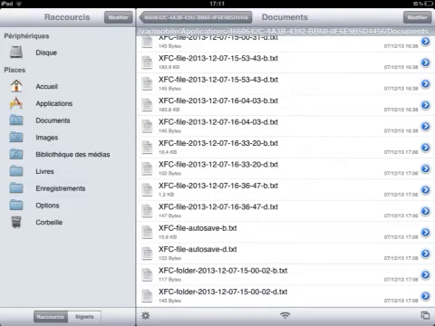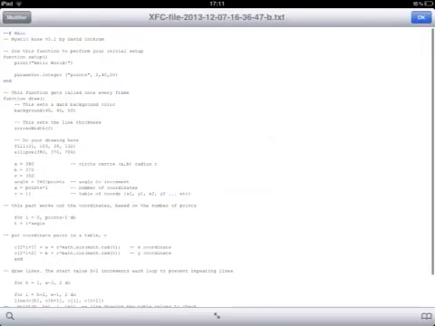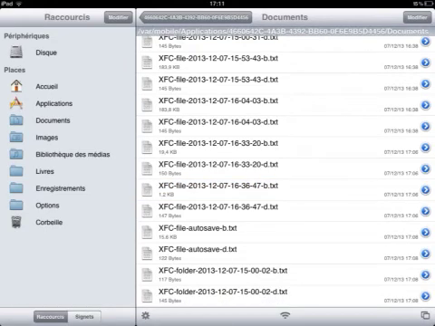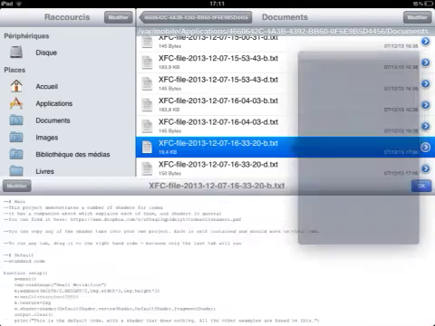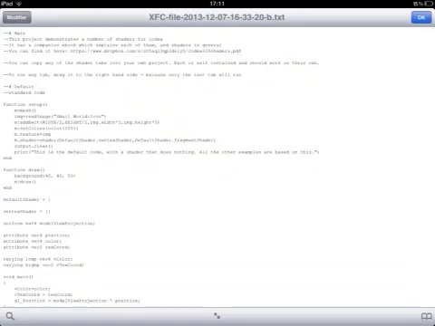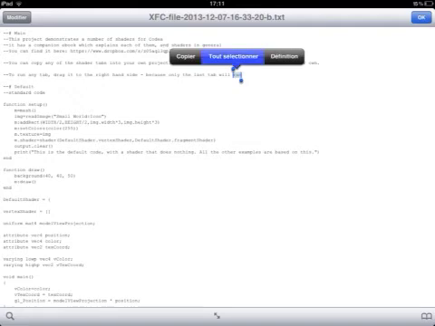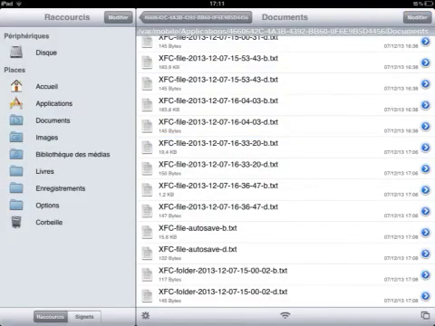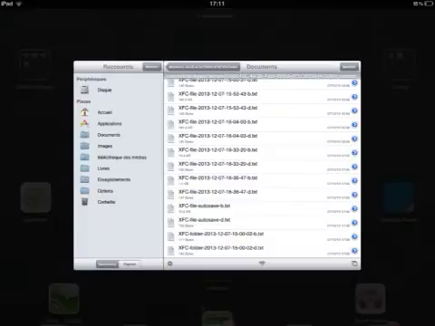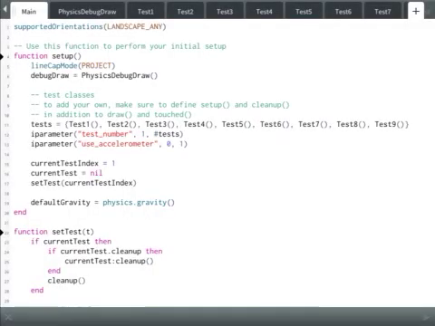And if you look at the content, the content is the project in the usual format of Codea. Maybe I take another one. I will take this one. Yes, this one is more interesting. That's shaders from Ignaz. So if I take this one, I can select the whole text, and I can go to Codea and now make a new project with this text